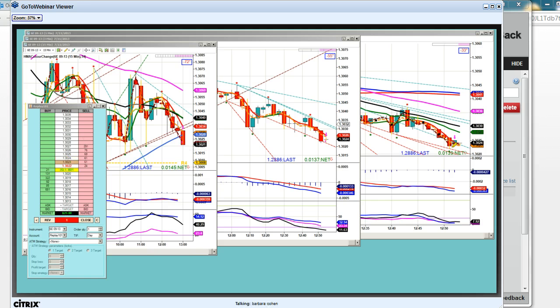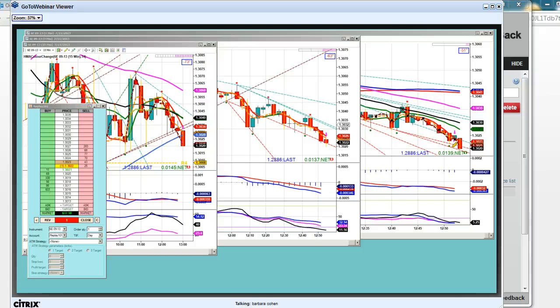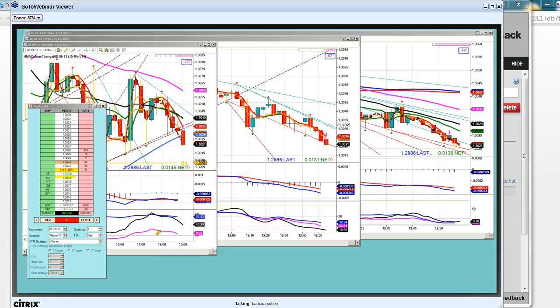Why is dividing your risk so important? Okay, so here we're in a little bit of profit. We're at 2 ticks right now. Now we're at 3 ticks. So maybe we've gotten filled. Maybe we wouldn't have gotten filled if we'd had it at 3 ticks. A lot of the times, the price action hits your price and doesn't fill you and then bounces back. That can happen too. There's lots of things that can go wrong when you're trading.